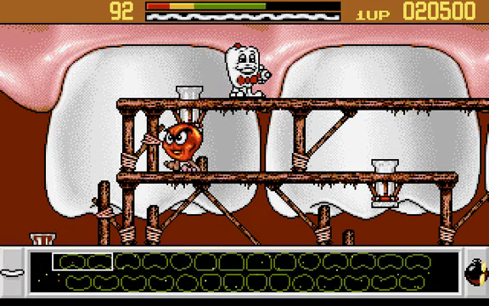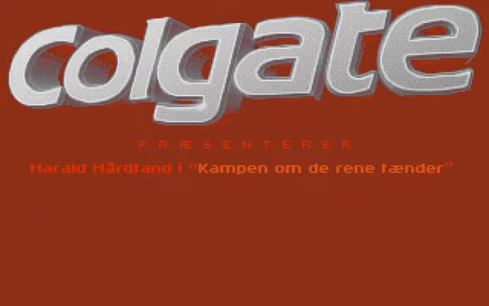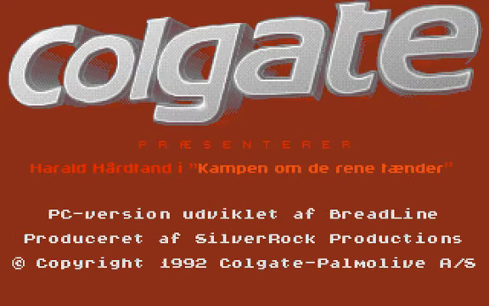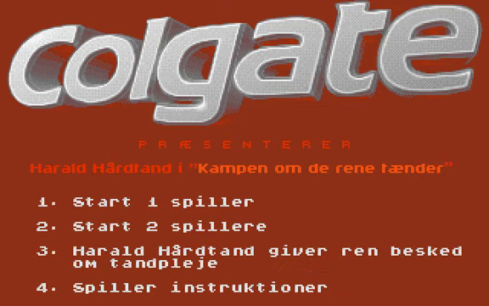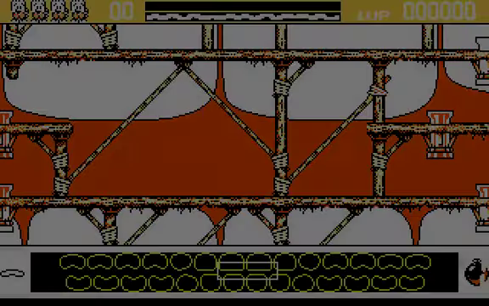So what I'll go ahead and do now is I'll press escape. And yeah, Kampen rene tænder. And I'll press escape again. Because now it's time to play the game as it was meant to be played, by cheating. So like I said, my copy of the game came with a trainer, and if you just type train, then the trainer runs. The trainer is just like the regular game, except that...